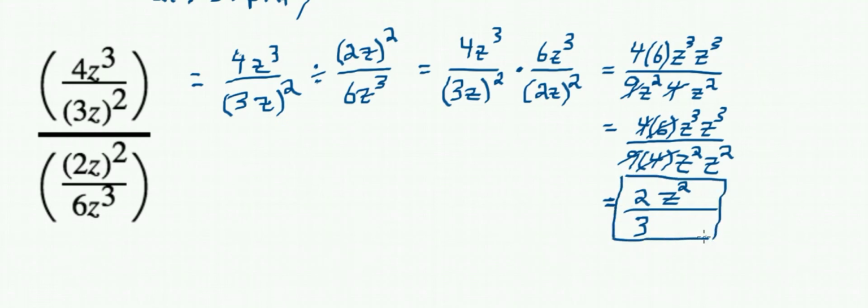We have to consider, what can't z be? We lost the z in our denominator, and we know that we can't have a denominator equal to 0